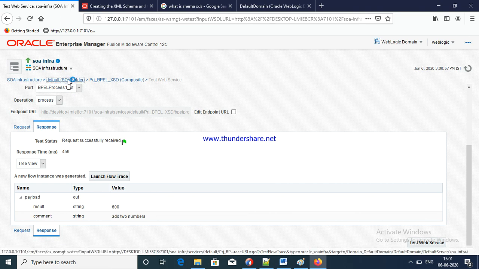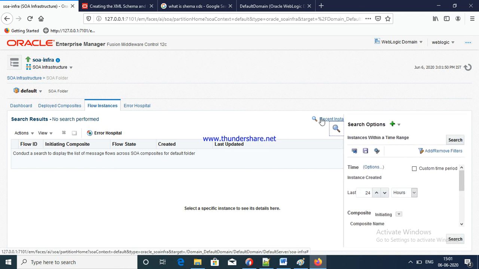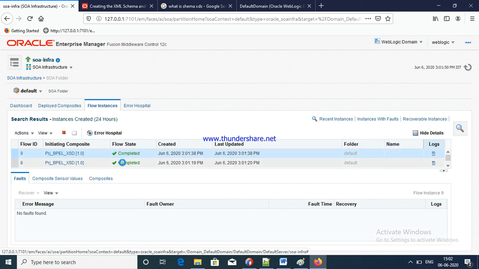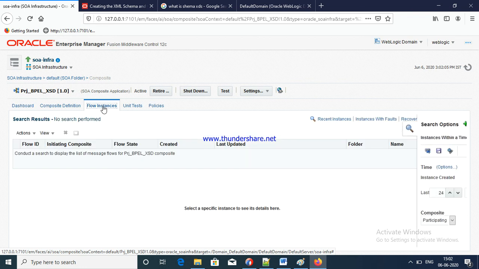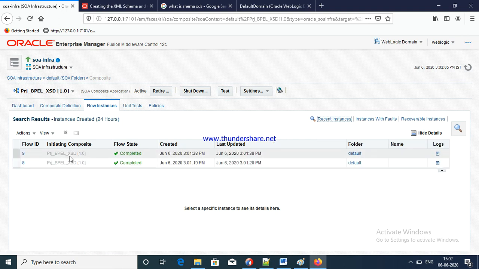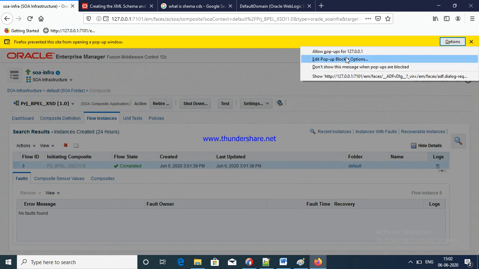This way we completed XSD creation. Go and check flow instance. Here we can see how many projects are running. See here, two times XSD run. Click here, we can find how many composites, the flow instance. This is a dashboard. Here click again flow instance. Click this button, it will show flow instance. Options, allow.